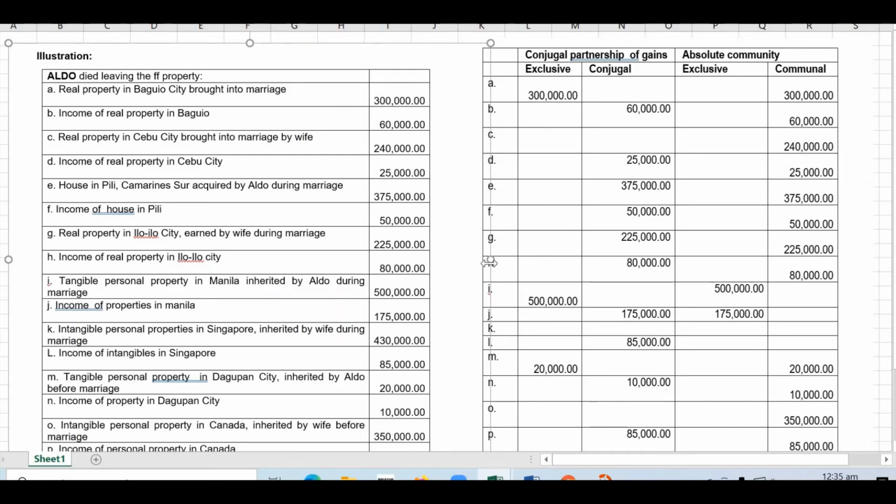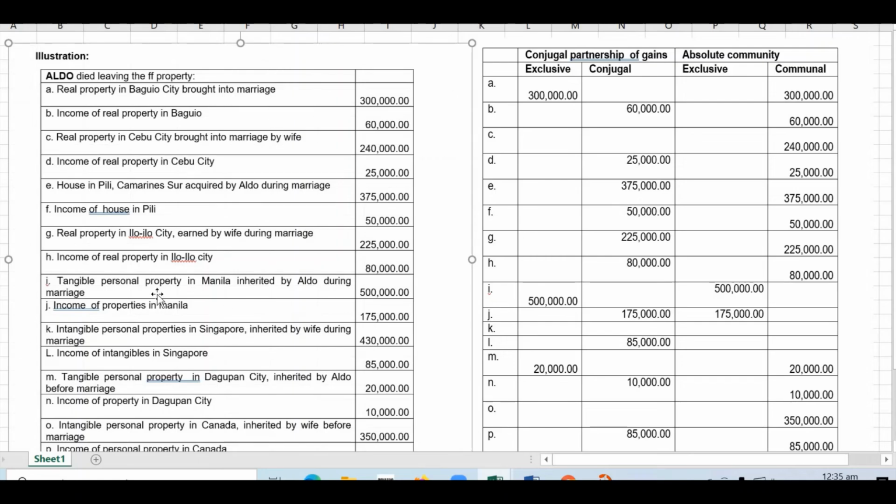Next, we have tangible personal property in Manila inherited by Aldo during marriage. So, pag na-inherit during marriage, same yan siya, no? For both conjugal partnership of gains and absolute community, pag na-inherit during marriage, as always, exclusive. Lahat ng property na-acquire mo during marriage by gratuitous title, exclusive siya